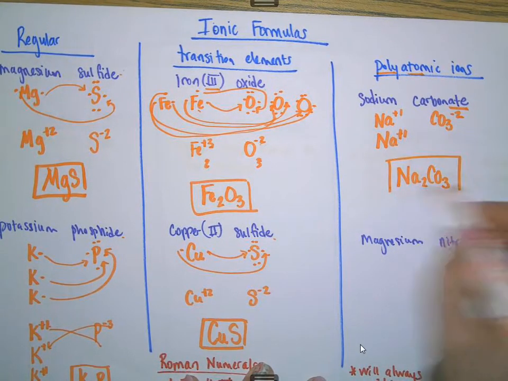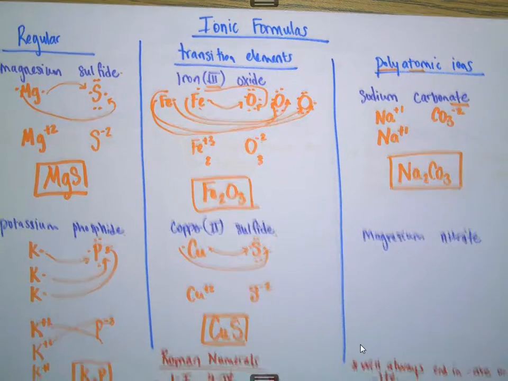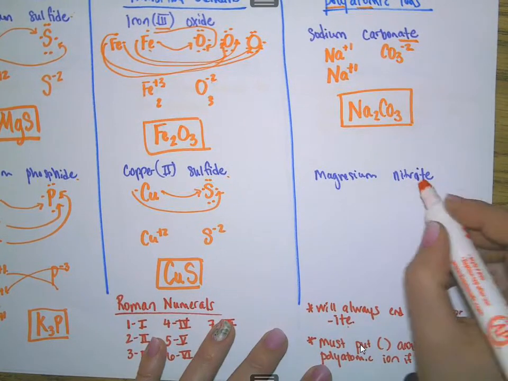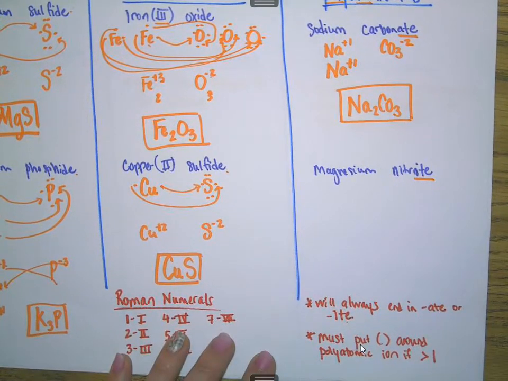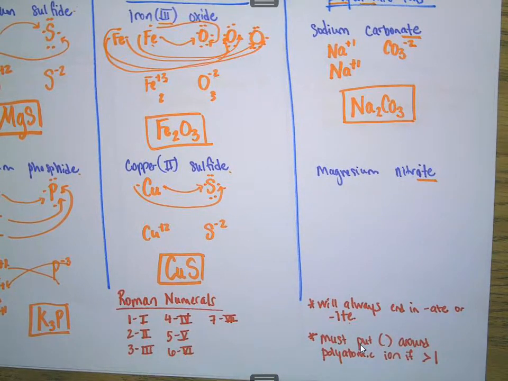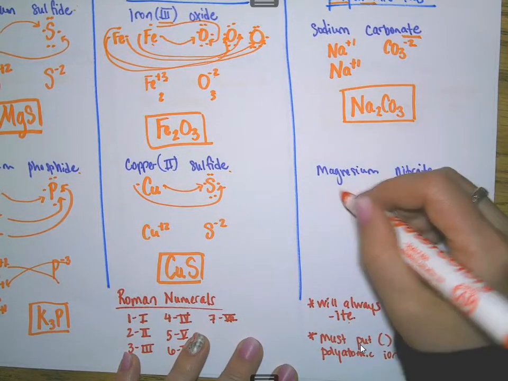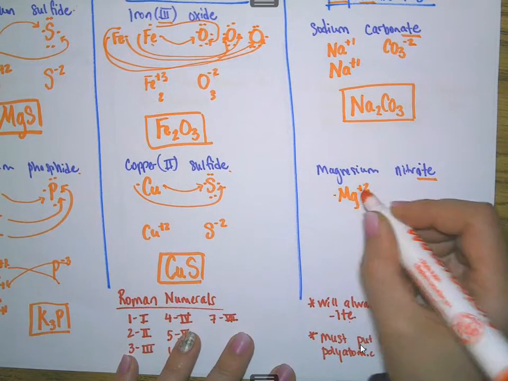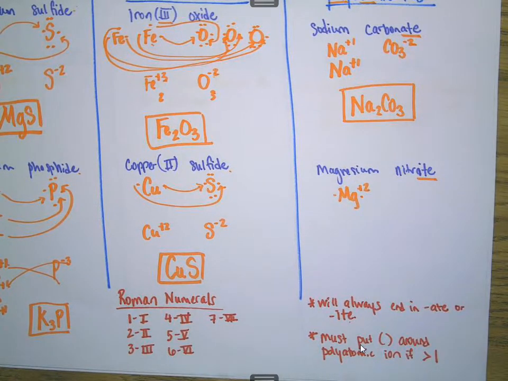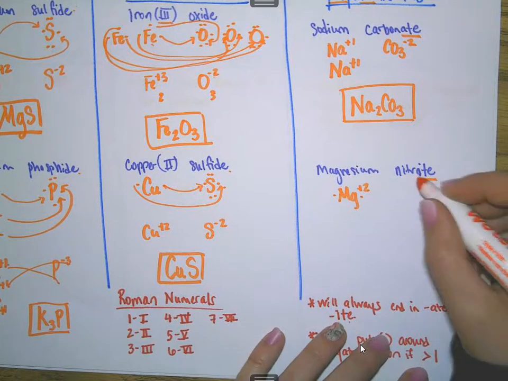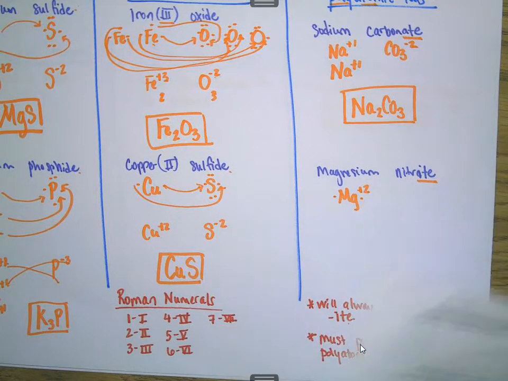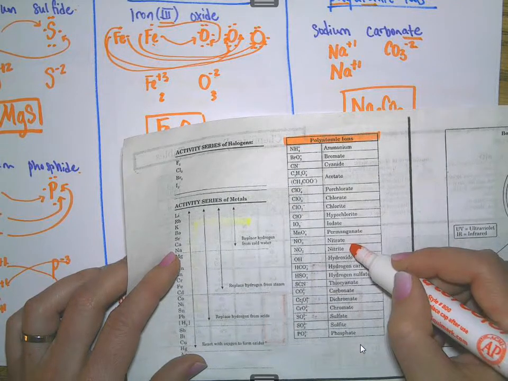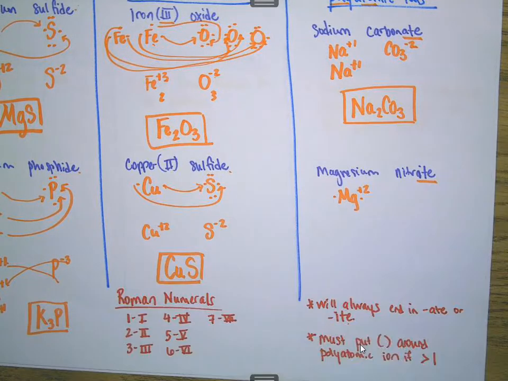On the example below this, there's a little bit of a difference with it. Magnesium nitrite. Okay, again, I see the ending in ite. Ite tells me it's going to be a polyatomic ion. Magnesium is just a plain old element. It's +2. It has 2 valence electrons to give away. It'll become a +2 charge. Nitrite. Okay, using your periodic table here, if you go find nitrite, you'll see it right there. Nitrite is NO2